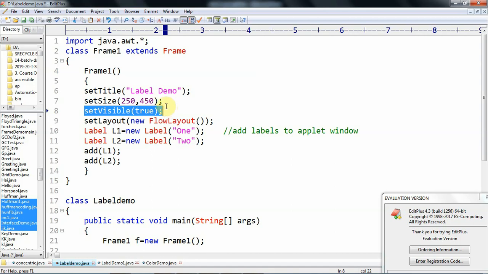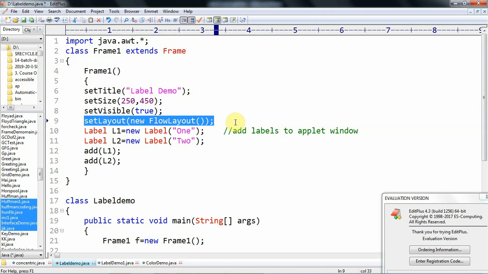After that, for arranging the components on the frame window in some order, we need to set the layout. In detail about the layout manager we will see later. In this particular example, I set the flow layout manager for this window by using the setLayout method. This flow layout manager arranges the components from left to right and top to bottom.